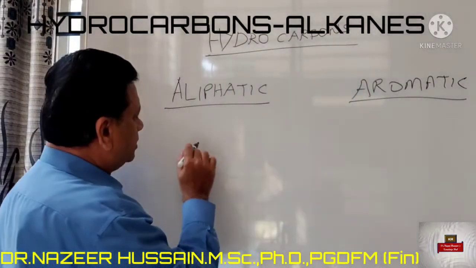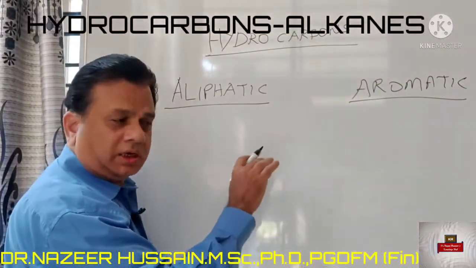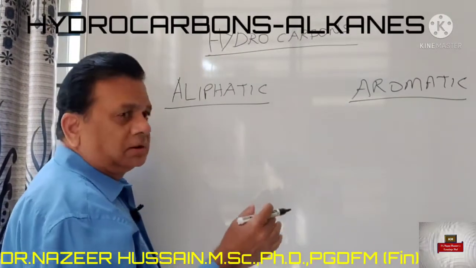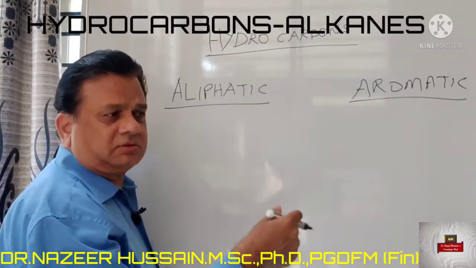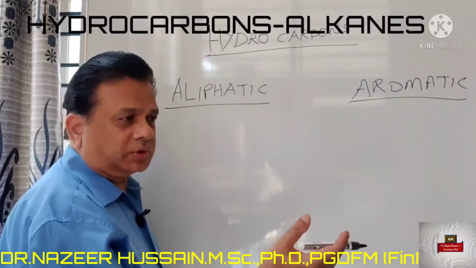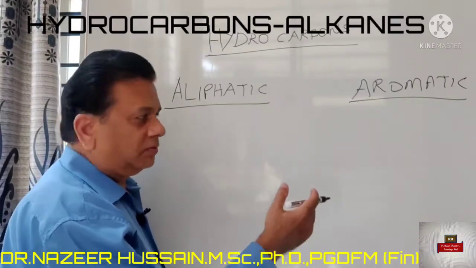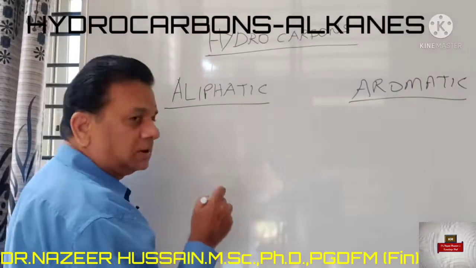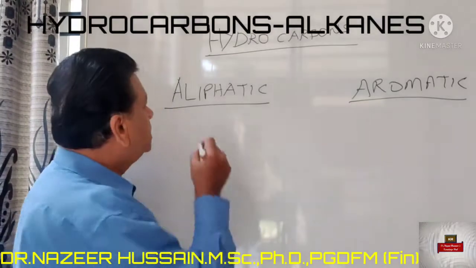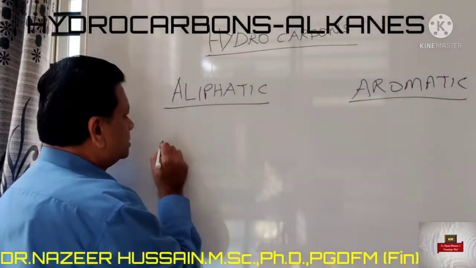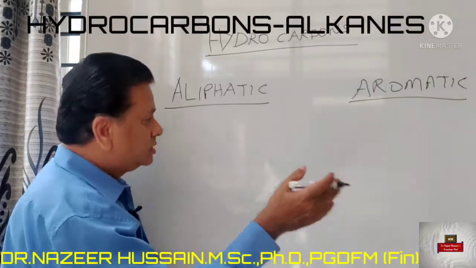In aliphatic, we have straight chains and cyclic compounds. Cyclic compounds we call alicyclic compounds. Of course, we are not going to deal with them in this class. So we will be discussing straight chain and branched chain compounds,